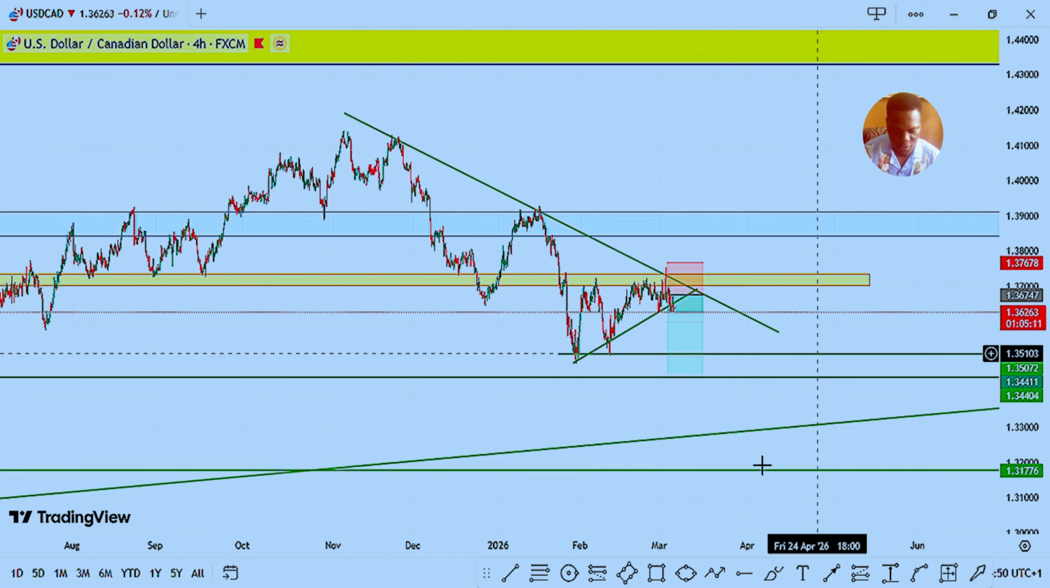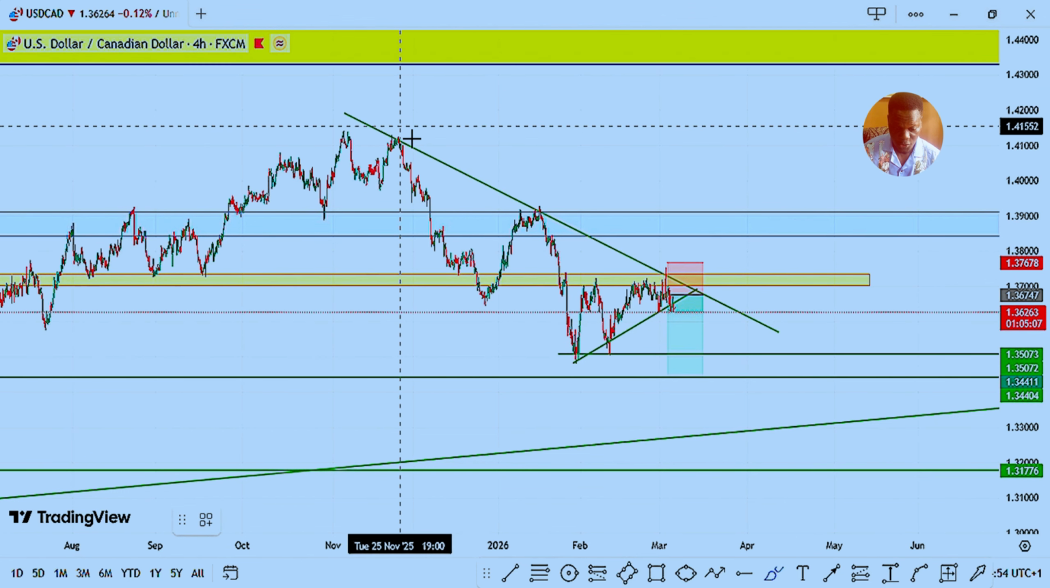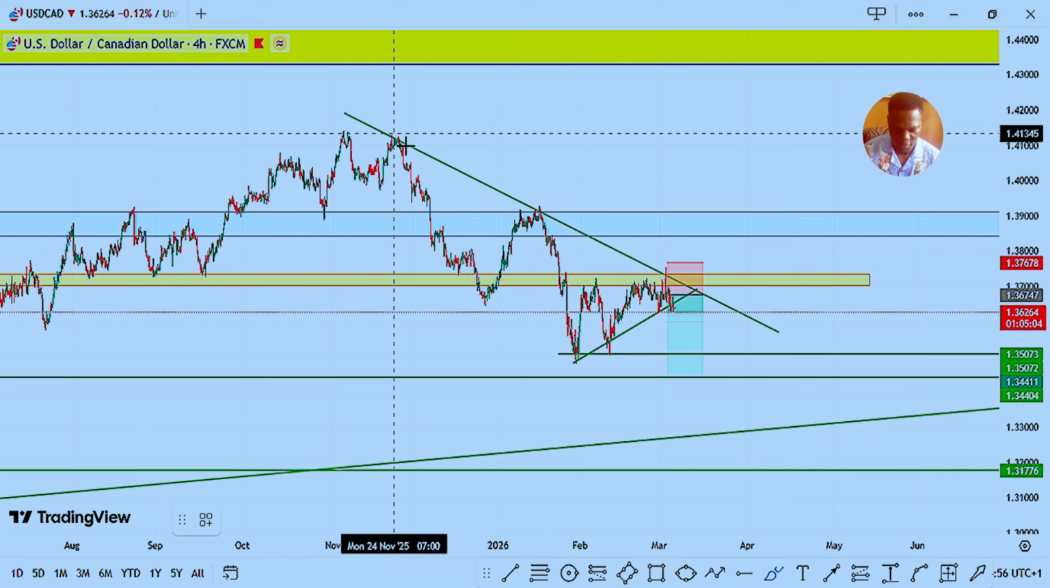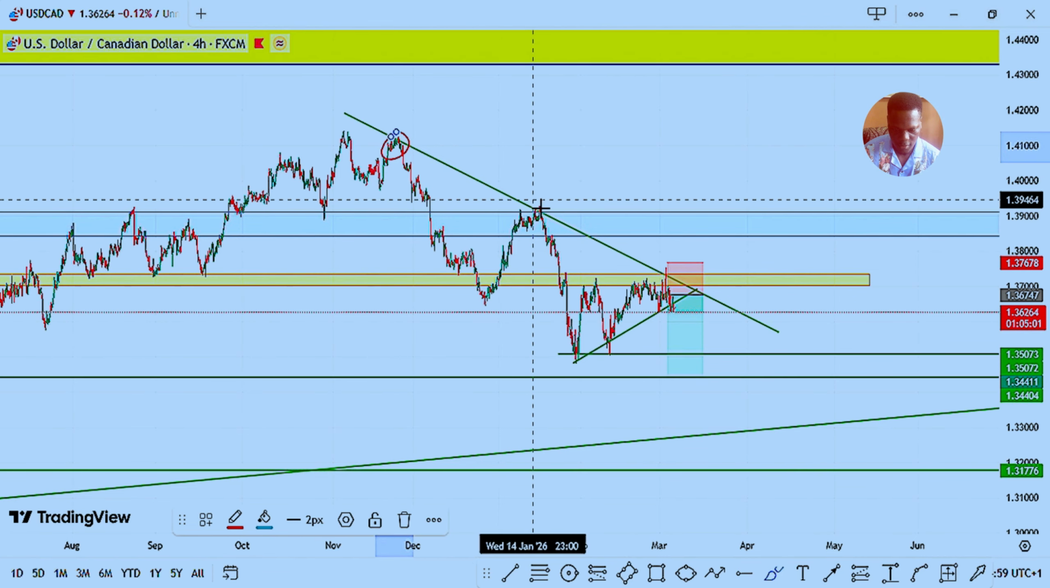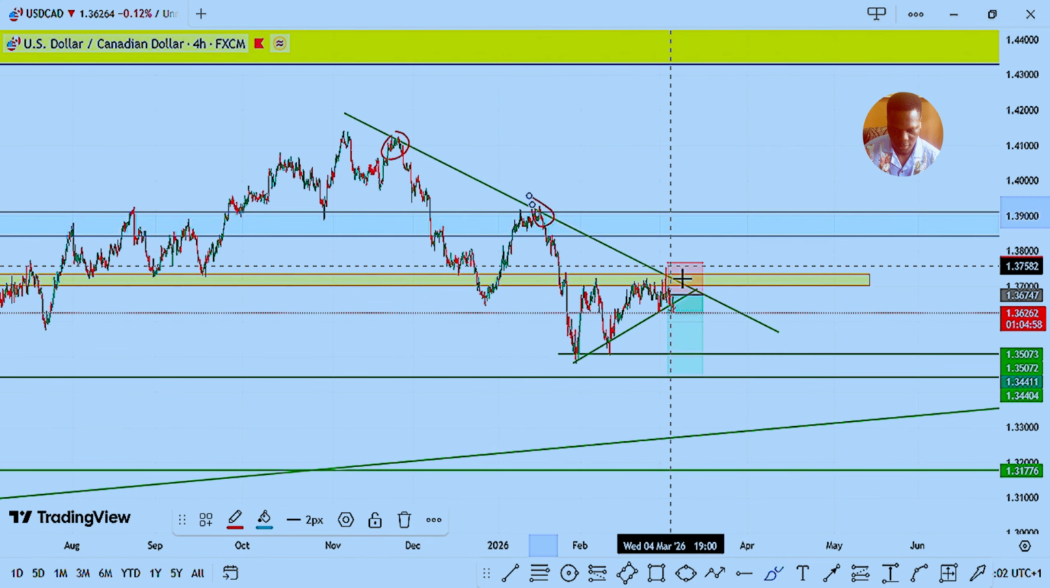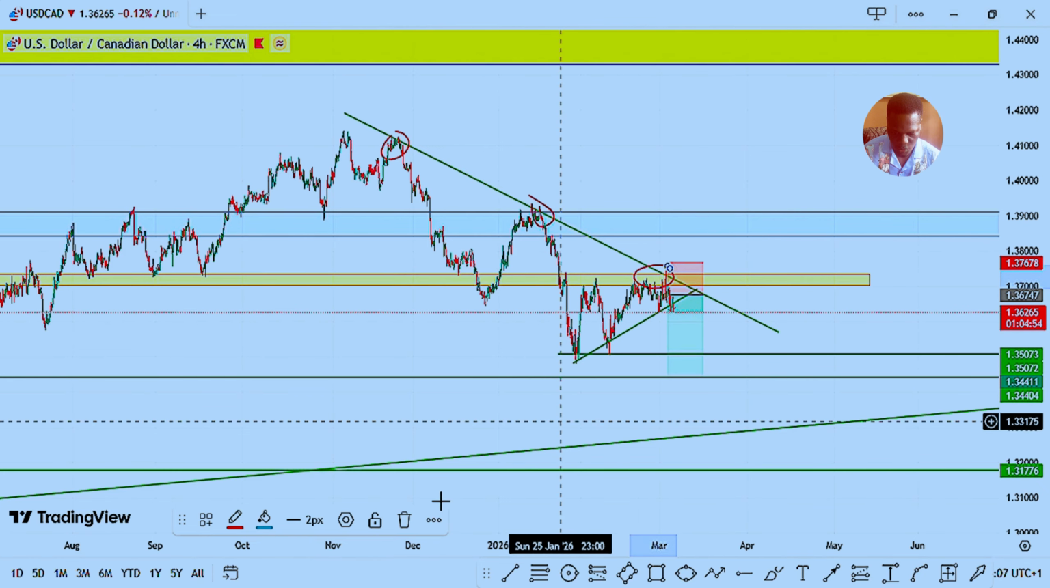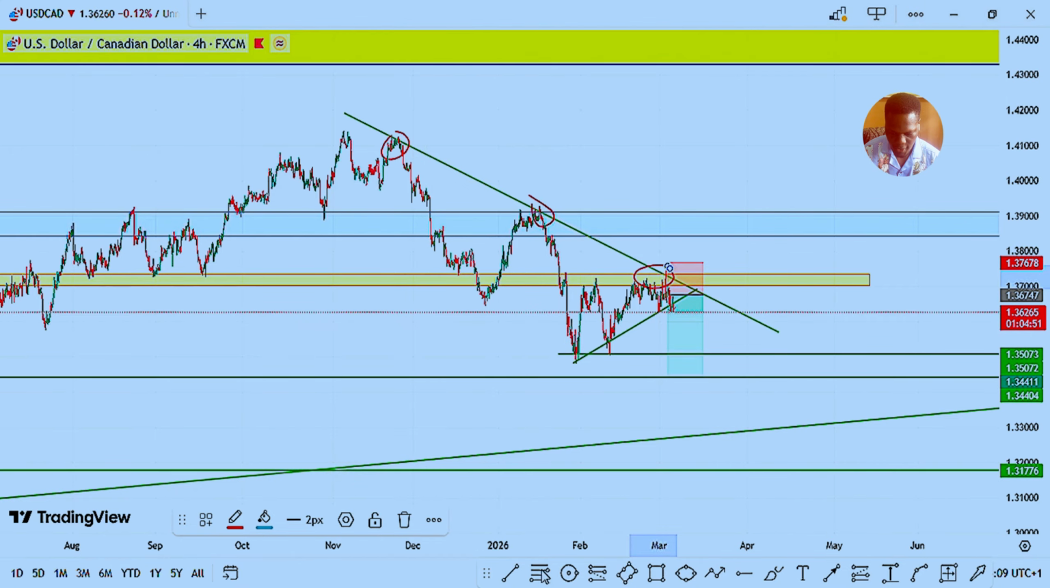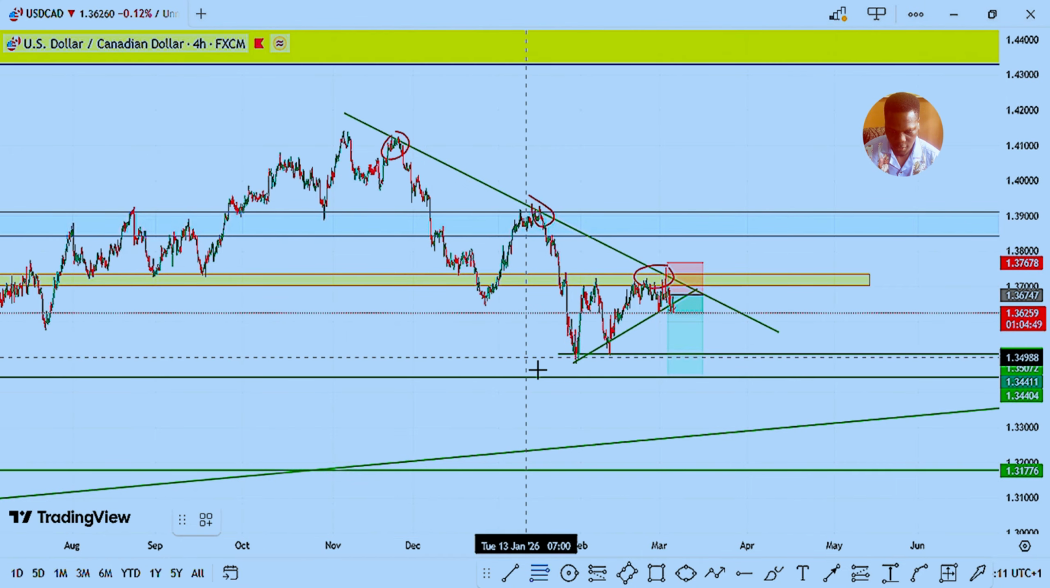The first reason why I'm selling this trade, why I'm going short, is because of this third touch of a trend line. So this is the first touch, this is the second touch, this is the third touch. The other reason why I am selling is because of this